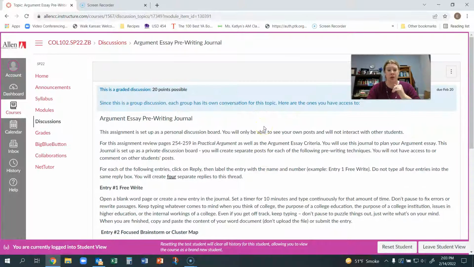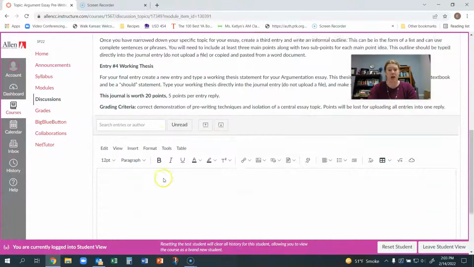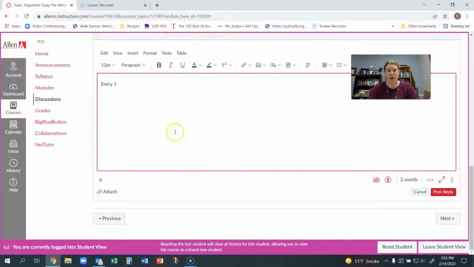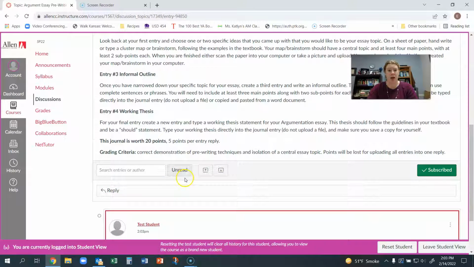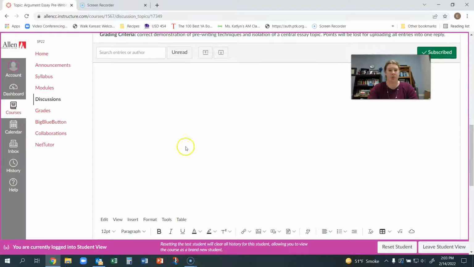Now, a journal in this class is set up like a personal discussion board. It's kind of weird. Canvas does not have a journal tool, and so we use a personal discussion board. And so basically you're just going to do each entry. So you'll just click reply and then entry 1, and then do your brainstorm there, and then you'll post it. And then you'll do another reply, and you'll do entry